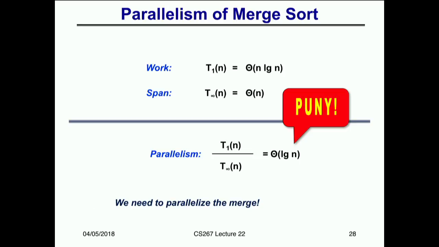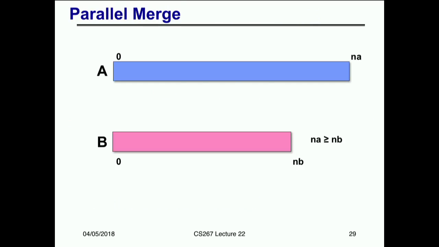So what we need to do, we need to parallelize merge. How do I parallelize merge? This is basically the only cool part of the merge sort algorithm. And it's actually very simple once you see it. So assume you're trying to merge 2 lists, and without loss of generality, one of them is at least as large as the other one, larger or equal to the other one. But at some point during the recursion, they will go out of balance, and this will happen. So one of them will be at least as large as the other one. Pick the larger one, right? And find its